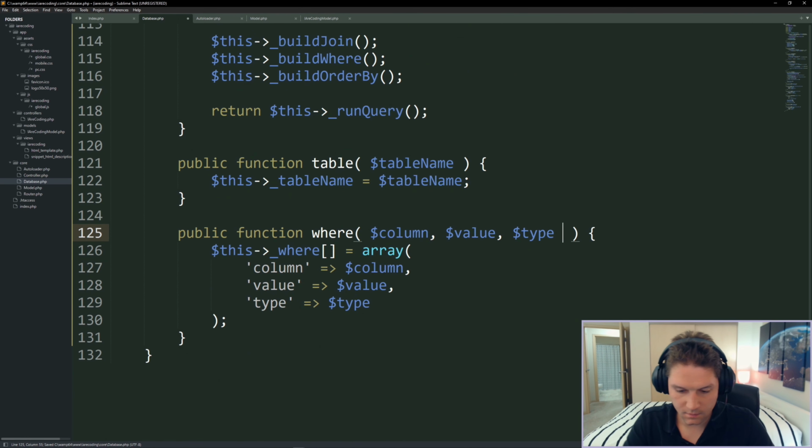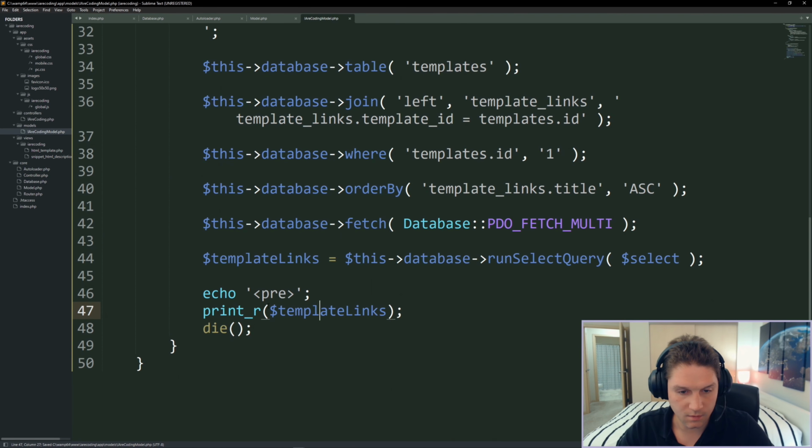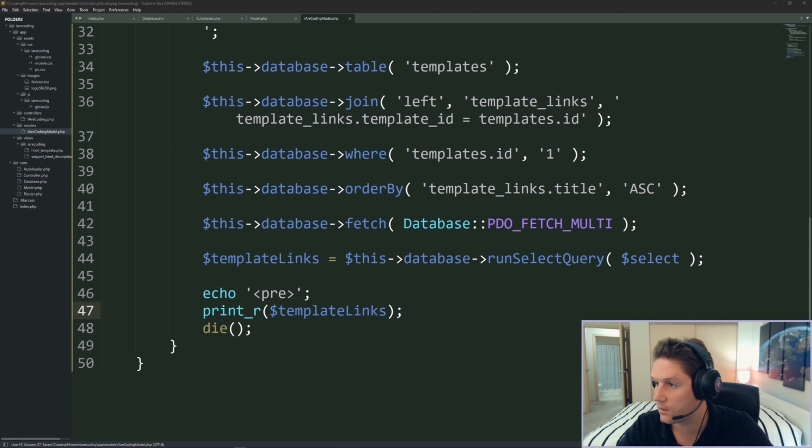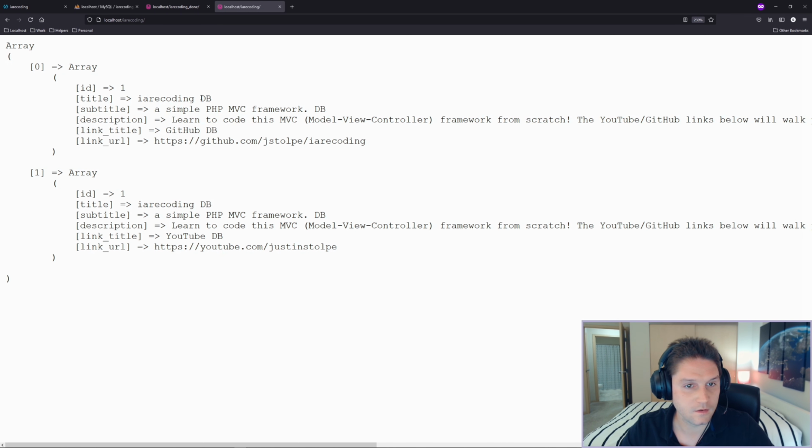The only thing I missed was that the type and the where needs to be an empty string by default, so you don't have to pass that in. Where type is like and, or. Over in our model, I can dump out the template links, and if I refresh the page, we should see our links reading right from the database, because I put DB after everything in the database just so we know that it's different from the